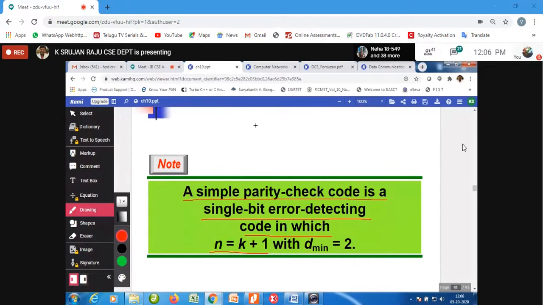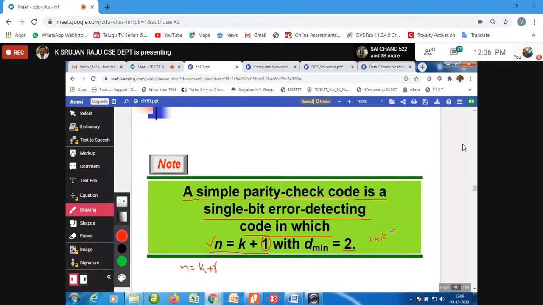In block coding we told that n is equal to k plus r, but in the simple parity check, n is equal to k plus 1, only one bit we are going to use, with a dmin of only 2, which can detect correctly only a 1-bit error, according to our dmin concept.